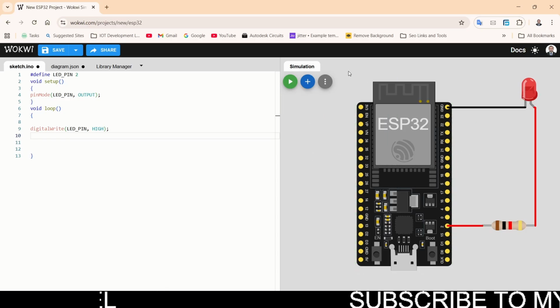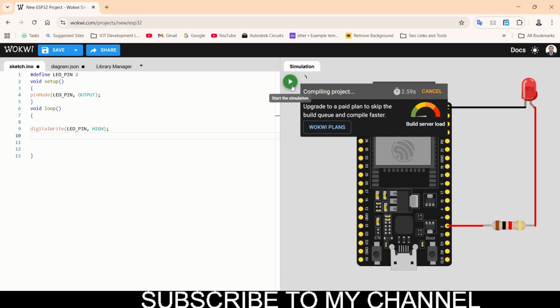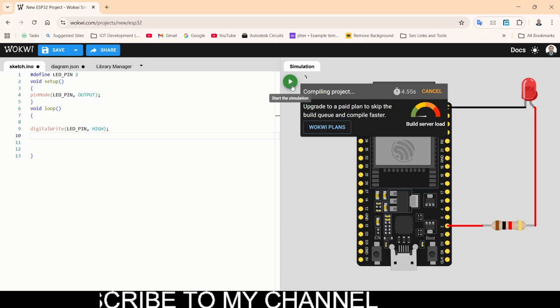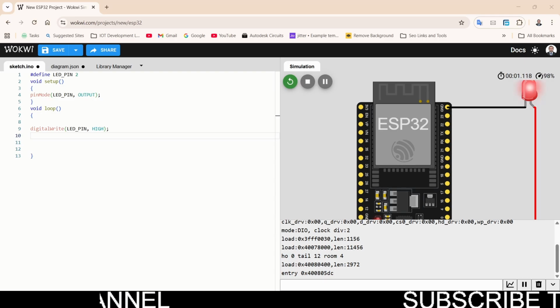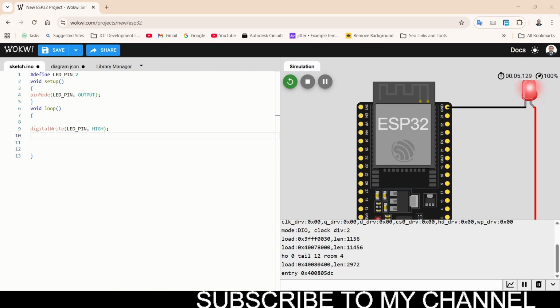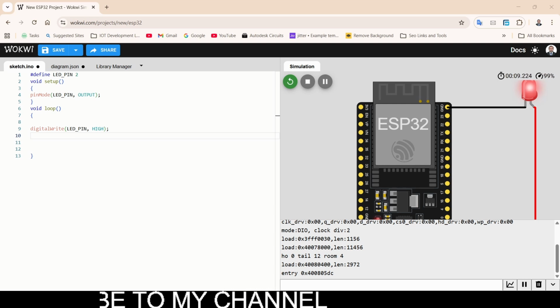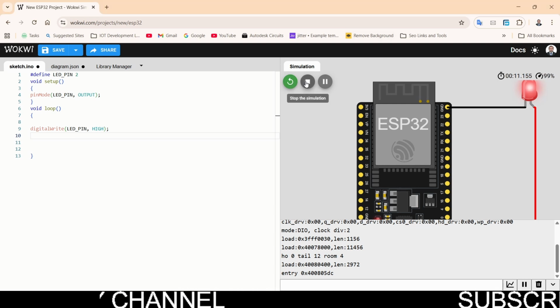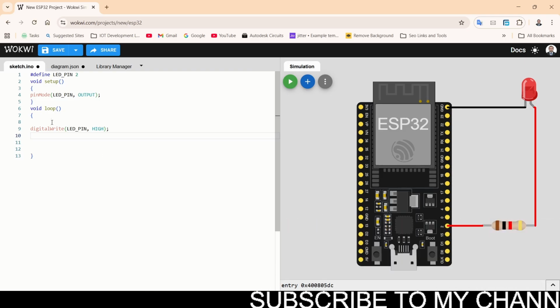So here's the thing, I'm gonna run this simulation and you will see the LED will turn on, but it's not gonna do anything at all. See, it turns on, but it's not going off. So we wanted it to go off and then turn on again. So we will stop the simulation again, and we will